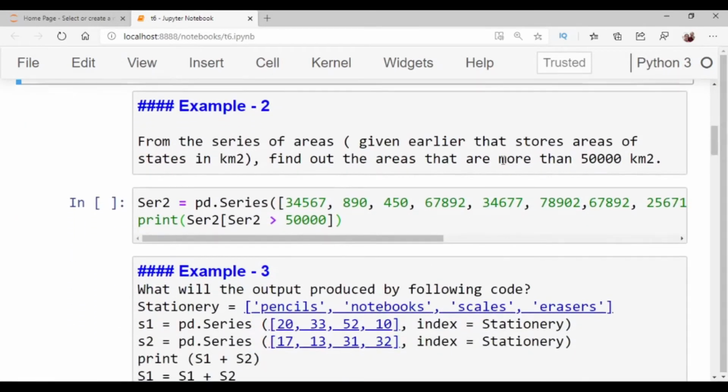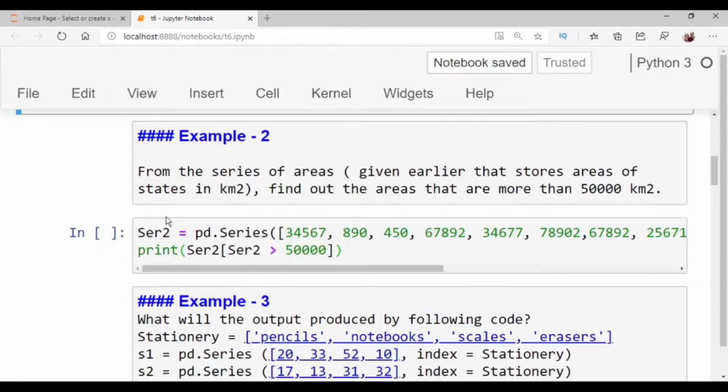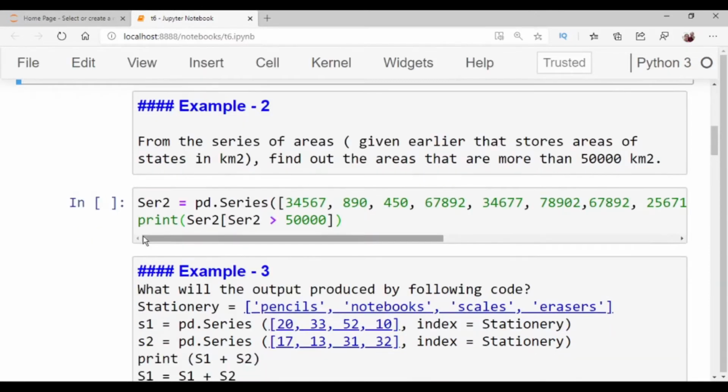Now take example number 2. From the Series of areas given earlier that stores areas of states in square kilometers, find out the areas that are more than 50,000 square kilometers. So see here, this SER2 is our Series object and it has the values